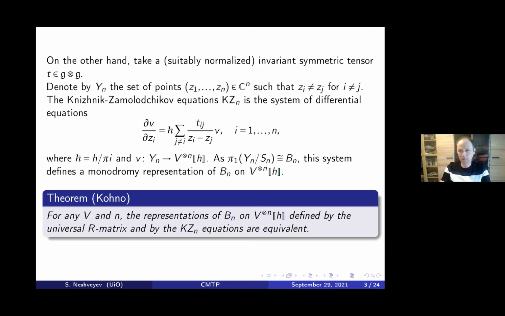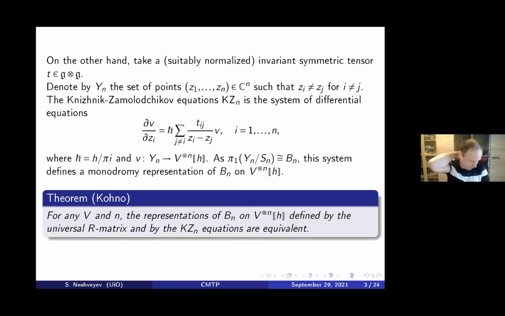So at first glance, they look like something coming from completely different worlds, one from R-matrices, another from this KZ equation. But in fact, he showed that KZ equations actually also define some sort of deformation of the universal enveloping algebra, suitably understood. And then from this point of view, both representations are of similar type. And what the result says is that these two deformations are equivalent.